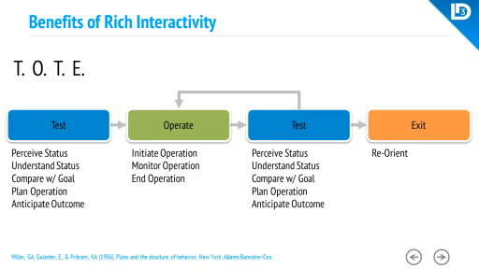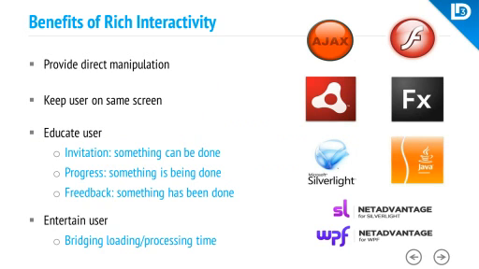But let's look at all of these a little bit more in detail and see how rich interactivity may help with them. So here are the benefits of providing rich interactivity for your users. And again, we have a lot of tools out there that all are very strong and powerful in allowing you to create rich interactivity. And let's see for what reason. One reason is to provide direct manipulation. And this has been out there for quite a while. I will not talk too much about that one, but it just means direct manipulation. You work with the object that you see.